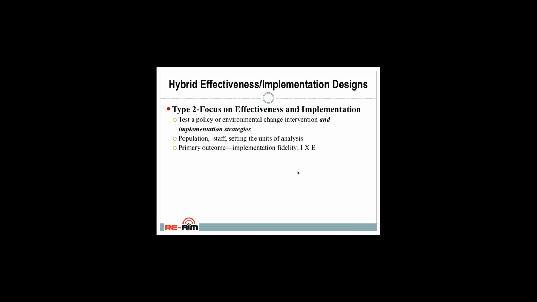With this one, the unit of analysis is typically both the population as well as the staff and setting levels, in terms of the people that would be implementing policy approaches. And the primary outcome is typically implementation fidelity, so the degree to which a policy is put in place and then monitored, managed, and enforced, as well as the effectiveness of that policy, maybe compared to another type of policy